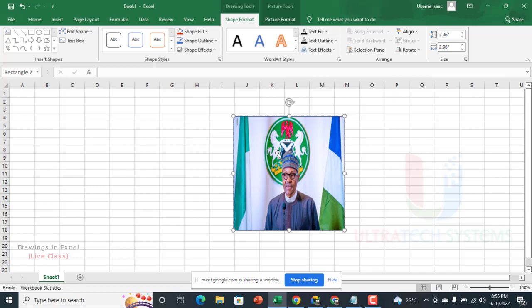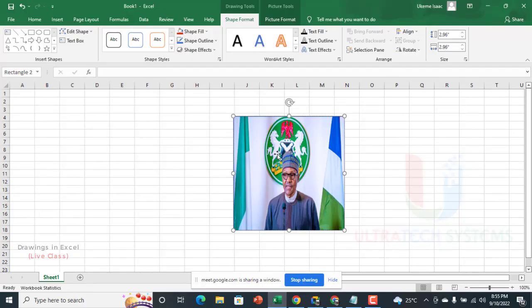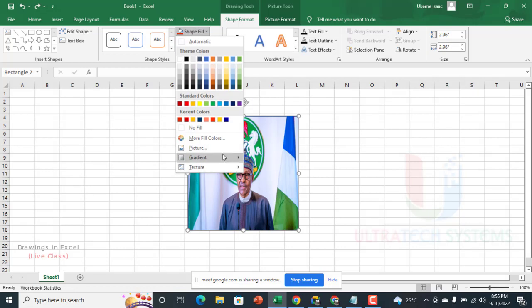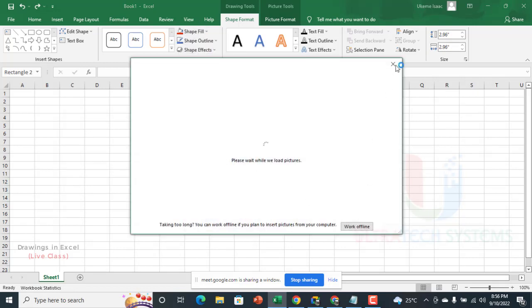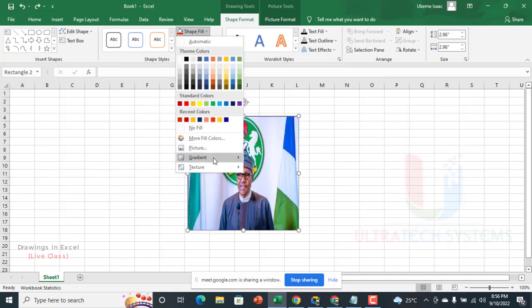So that can just be a picture for your shape, and it goes into any shape irrespective of how the shape is. The picture will just be that way irrespective of how the shape is. Now the thing here is that this can also be changed, so we can still go back here and then we click on picture. You pick another picture if you want to use a picture, but I don't want to use a picture again this time, so I can still go back. We have the